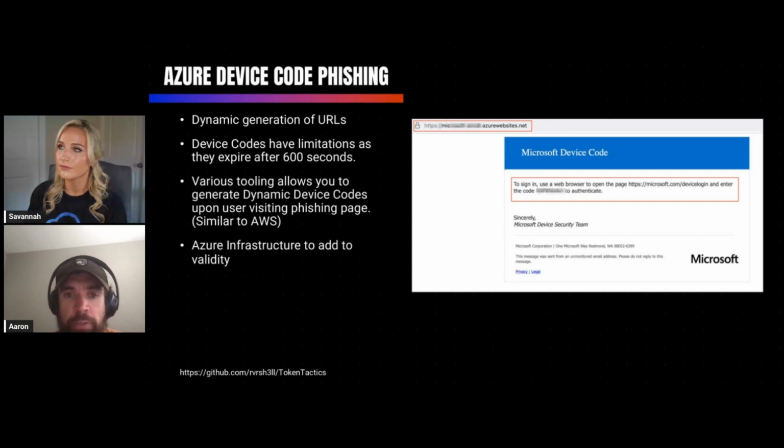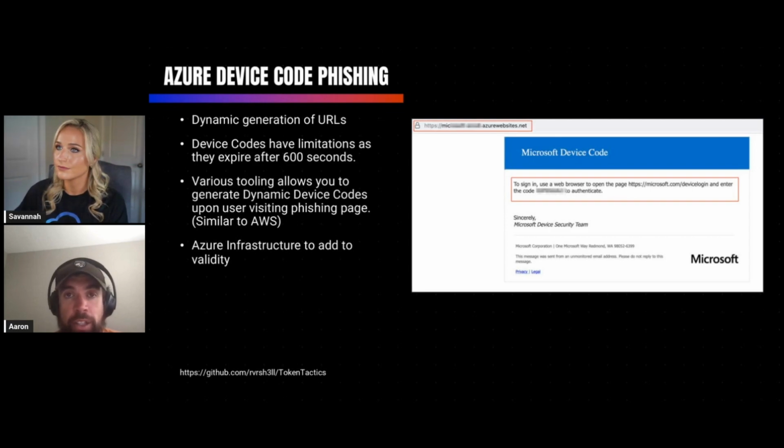So there's a few different ways you can set this up with TokenTactics, like I had mentioned earlier. It's dynamic generation of URLs. So you can basically set up either a VM or Azure web app if you'd like to use that validity of M365 resources when you're conducting that phishing campaign. And you can load this HTML that will generate dynamic device codes.